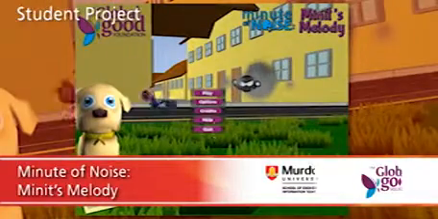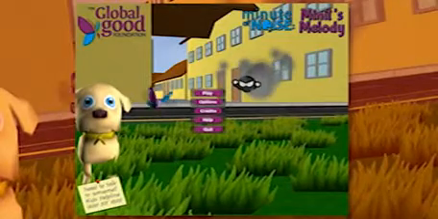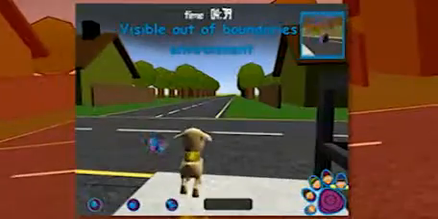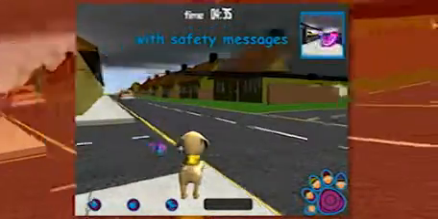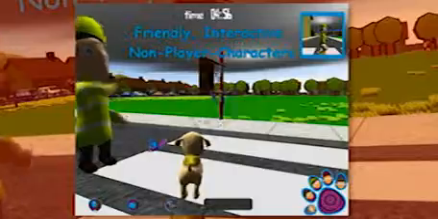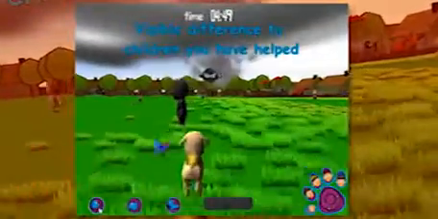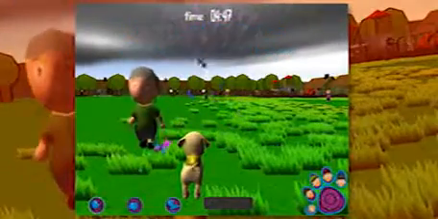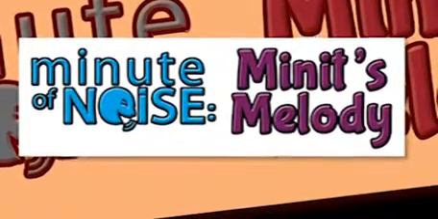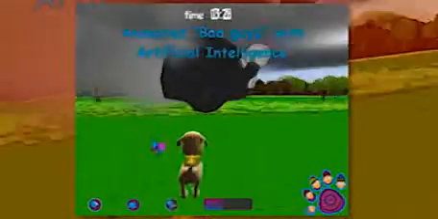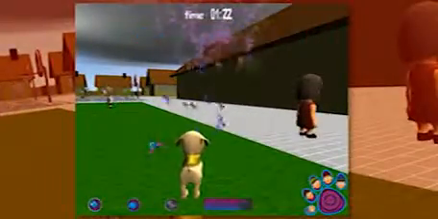An interactive educational tool was designed to promote child safety and awareness by exploring various themes. It reinforces core messages of identifying and responding to early warning signs, building and utilising a contact network of trusted adults, identifying and responding to safe and unsafe situations, and awareness of the Minute of Noise initiative developed by Global Good Foundation. These ideas are expressed so children using the game can understand and learn the messages conveyed in a way